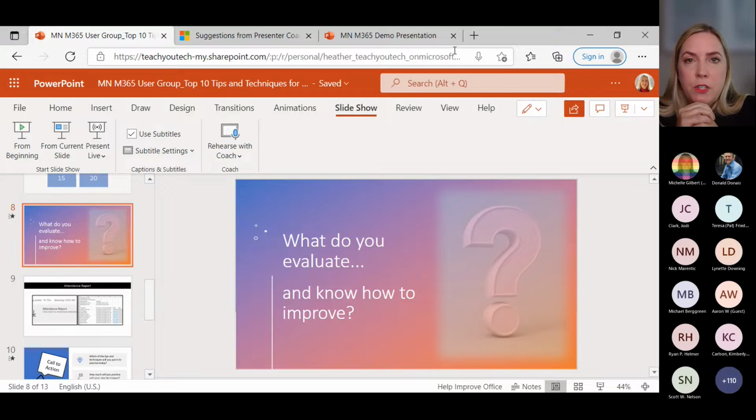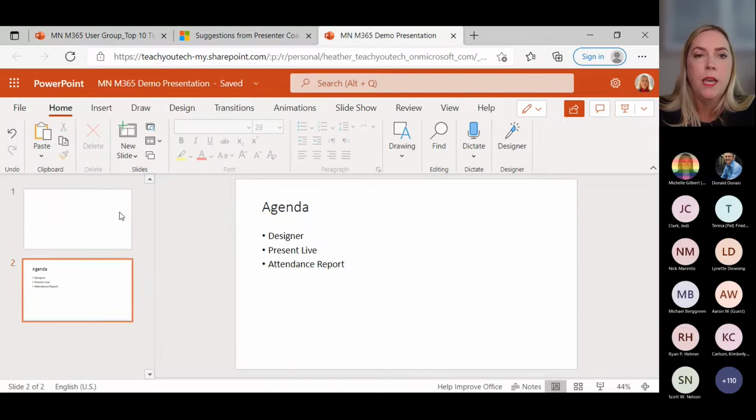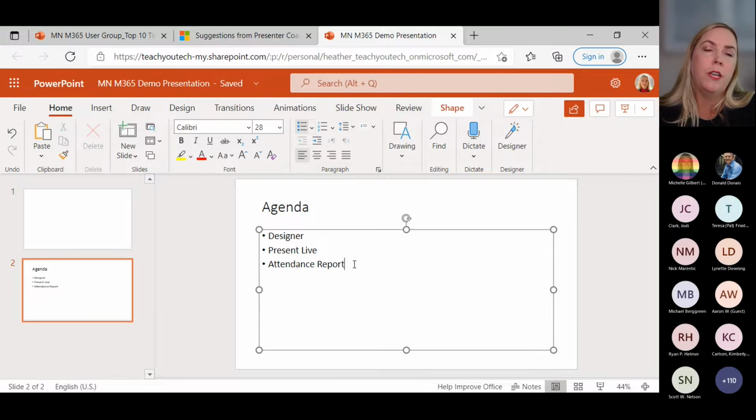So some of the other things you may want to keep in mind are what you can do as you're creating this presentation before you deliver it. We already know how we can practice. We already know how we can use Designer, but what about when you're starting to add other content in here? So if I were building my agenda, I'm trying to think through what order I would want to discuss these key points, or how I can tie these things together.